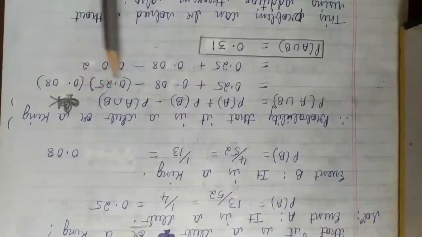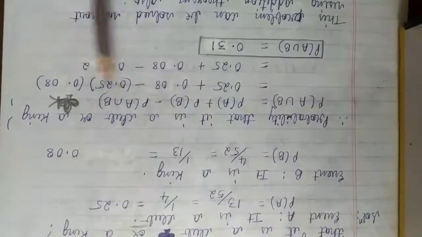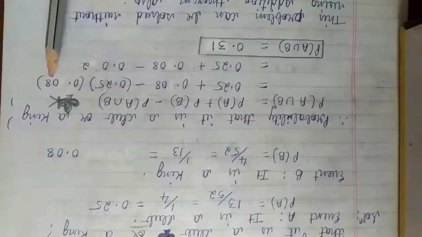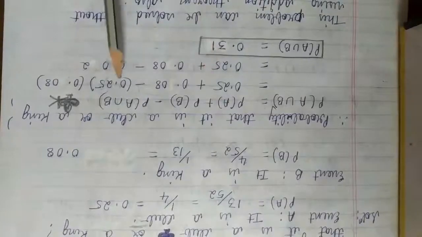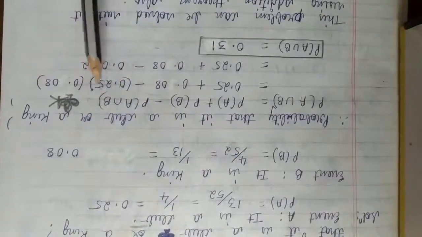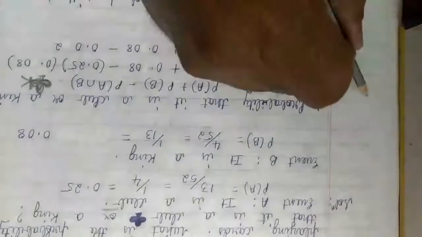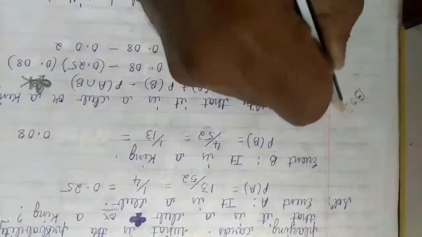Intersection B is given as multiplication, so 0.25 into 0.8, right? If you solve this, first multiply. Always remember, first you have to multiply. You have to use the BODMAS rule. If you know BODMAS,